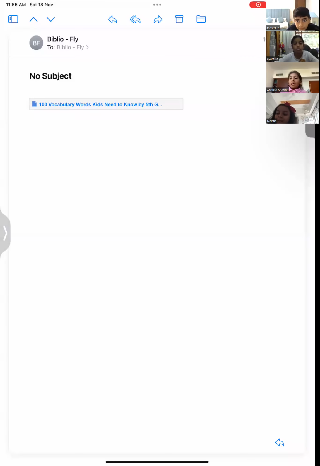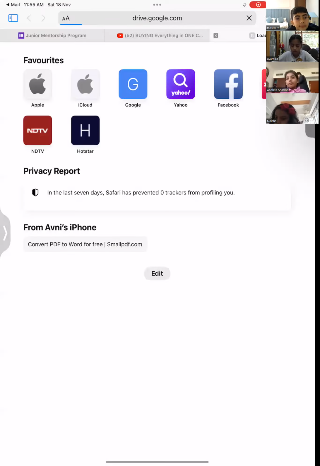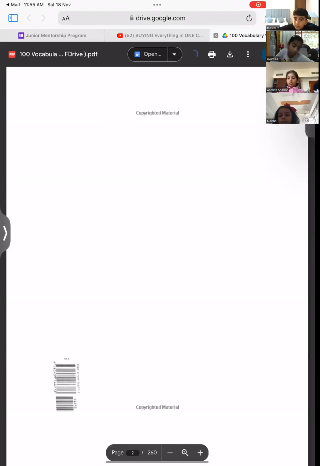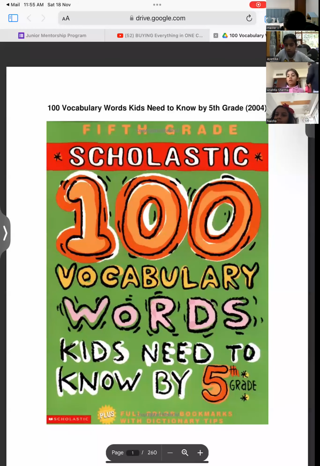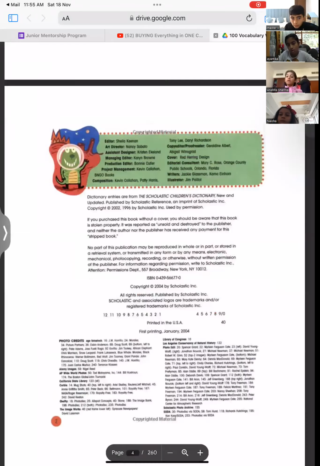Now I'm sharing another one, children. That was one way to remember the words. There's not just one way to enrich your vocabulary. There are multiple ways to enhance it. One is through vocabulary cartoons, the method known as mnemonics. The other way is morphemic awareness. And this is the third way. This is the book cover page. I'll show you just one page from this book.